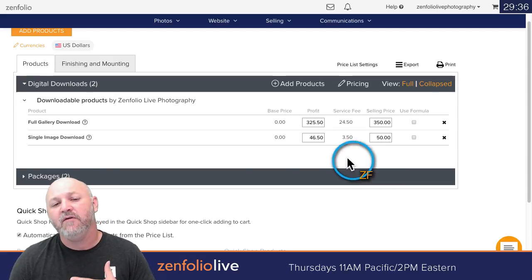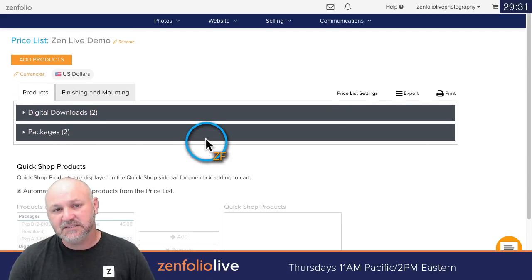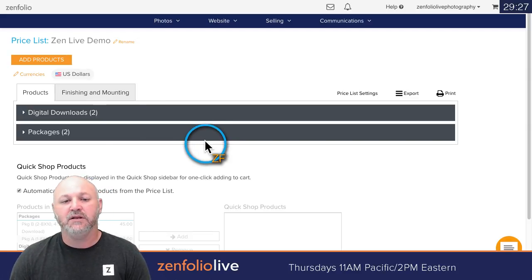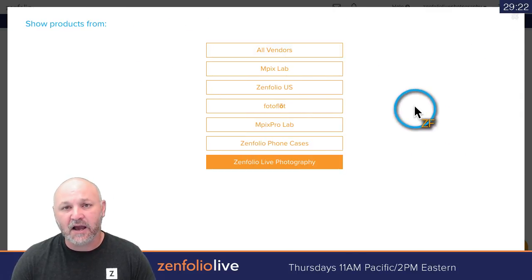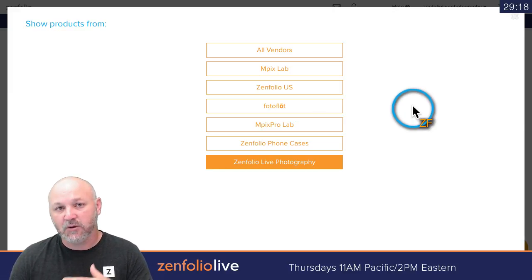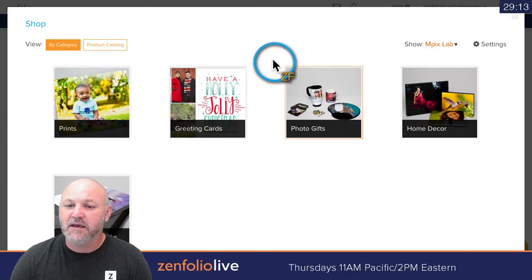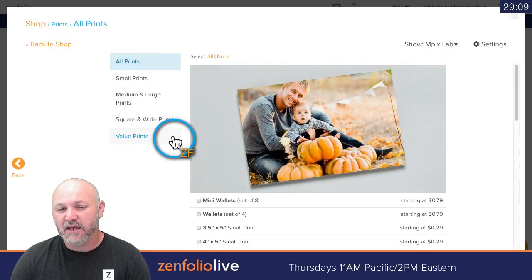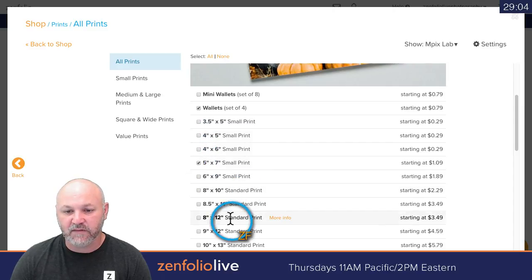All right, now that we have our digital downloads in here and our packages in here, let's go ahead and add a few a la carte items as well. So I'm going to click Add Products. We're going to go right here, and I'm going to choose the lab that I used to create the packages so I can add my a la carte items from that lab as well, which was MPix. And now let's add some a la carte print items. So we're going to click on Prints, and I'm just going to grab wallets,